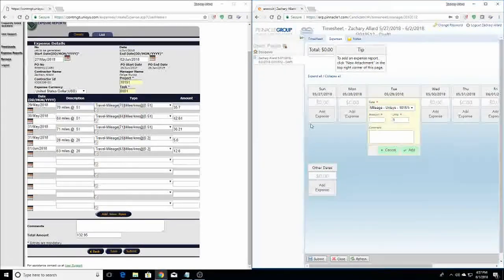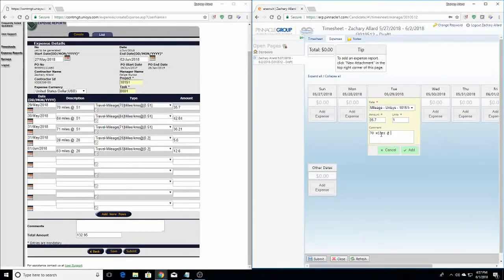So for each one, we're going to be taking the amount for each category. So the amount for each day. So in this case, it's 35.7. We're going to tab down to the comment section. Units, always leave that 1. It's always default. We're going to enter in 70 miles